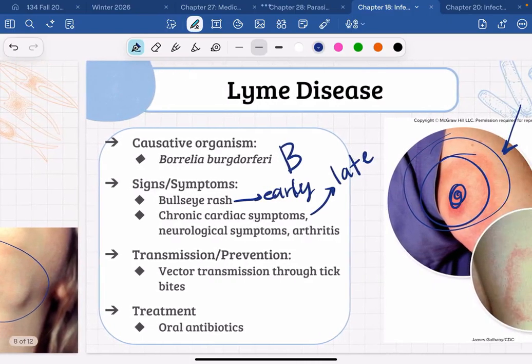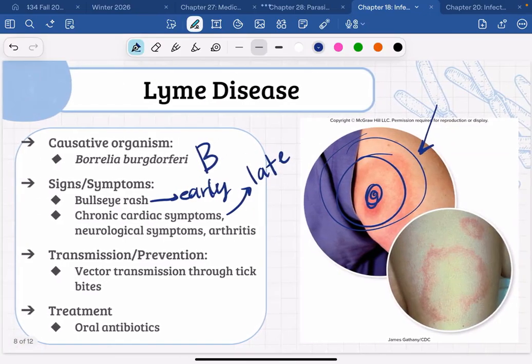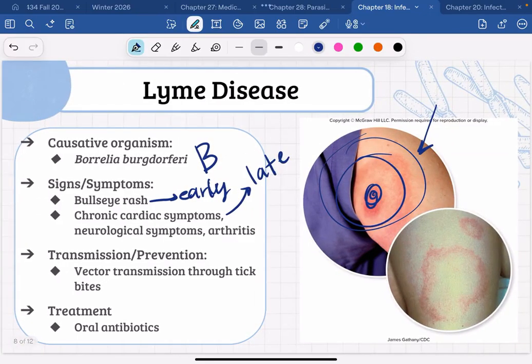Now, the thing about Lyme disease that can be really tricky is that it is very difficult to diagnose because it takes place over long periods of time, and a lot of times these symptoms can be signs of lots of other things, right? Non-specific heart palpitations, like your heart has a weird rhythm. That could be so many different things. It could be that you're going through menopause, or you have a thyroid condition, or you have anxiety. The possibilities are numerous, okay?